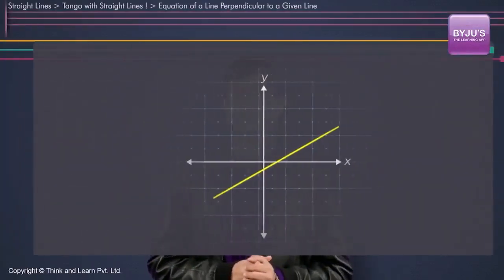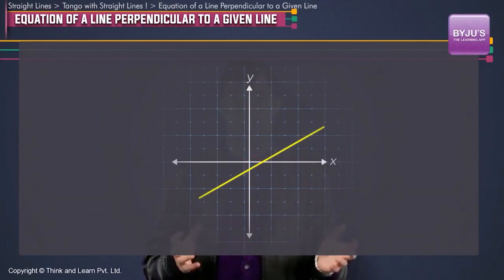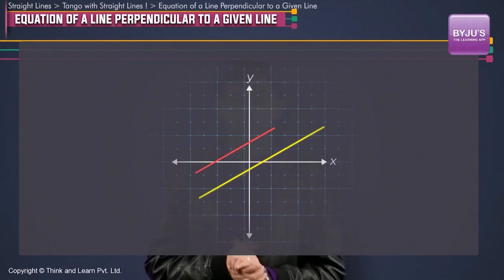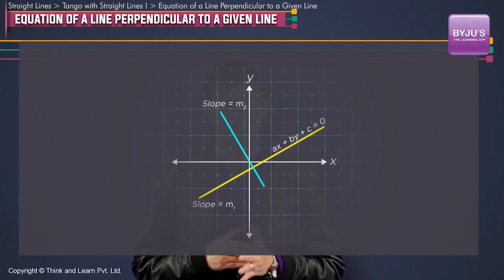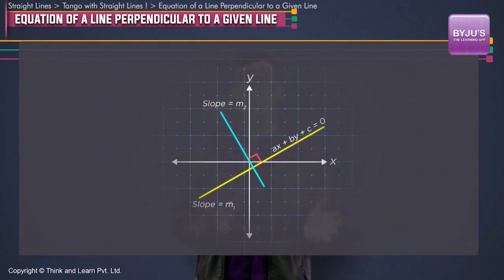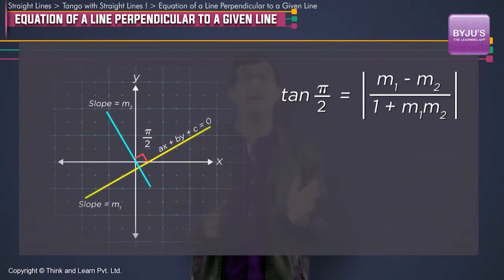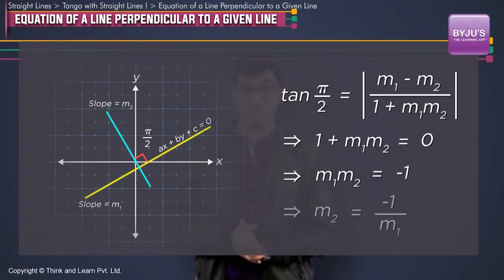How about straight lines perpendicular to ax plus by plus c equal to 0? We saw that if two straight lines are parallel, they'll have the same slopes. What about the relationship between the slopes of two straight lines which are perpendicular? We know that the angle between two perpendicular straight lines is pi by 2 and tan pi by 2 is infinity, which means modulus of (m1 minus m2) by (1 plus m1 m2) is infinity. Simplifying, we get 1 plus m1 m2 equal to 0, or m1 m2 equals minus 1, or m2 equals minus